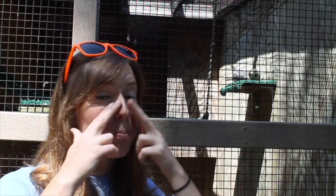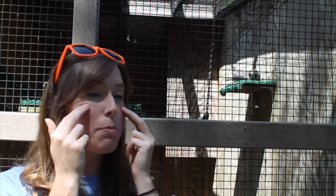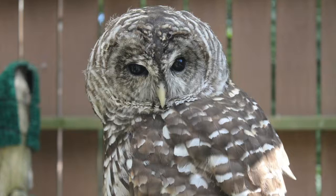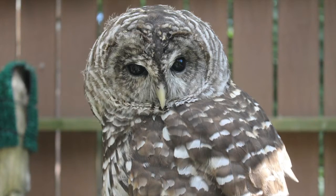Oftentimes, athletes will do the same thing if they have a game during the day, where they'll paint black stripes on their cheekbones so that the sun's glare hits and gets absorbed by the black color first, before shooting up into their eyes. Owls are another main type of raptor, although we don't see them as often because of their